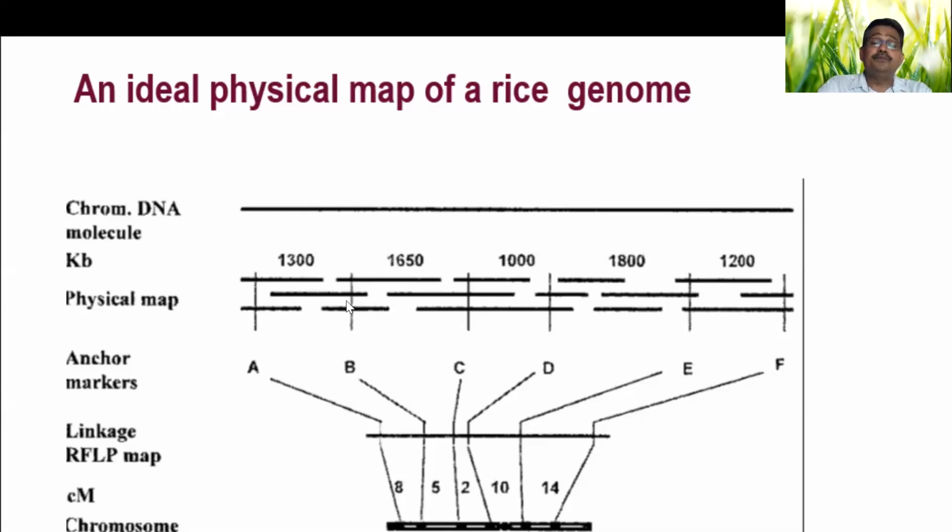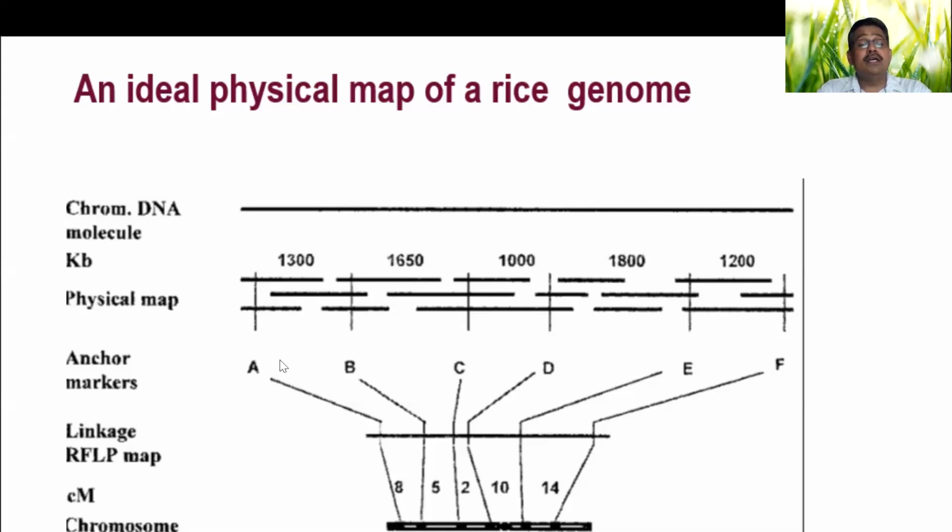So here, when they go for BAC by BAC clone arrangement, they have already divided the whole chromosome into smaller pieces. These smaller pieces are assembled here, and then it is reconstituted. When you complete the construction of a genetic linkage map, the order of the markers, for example A to F, is based on the number of recombinations between two markers. This order of the markers is arranged in the genetic linkage map.